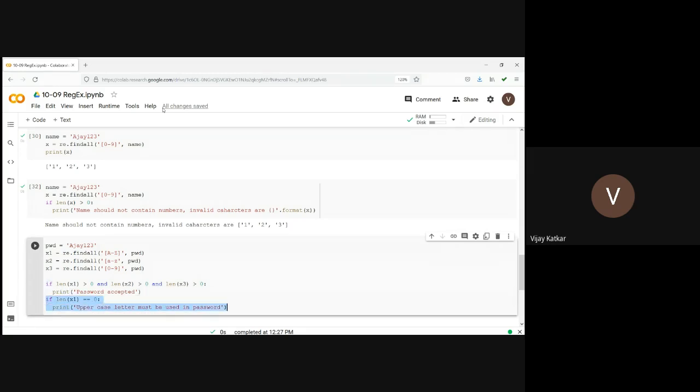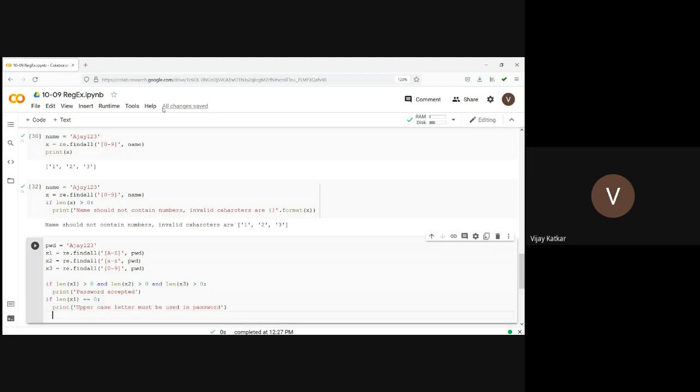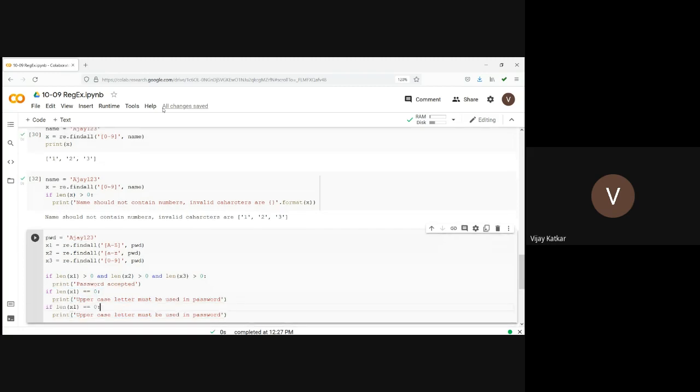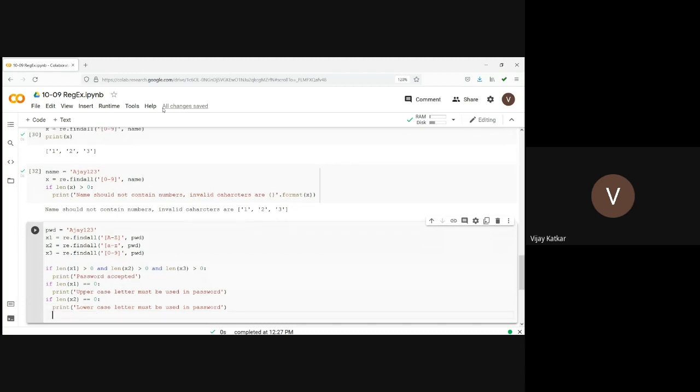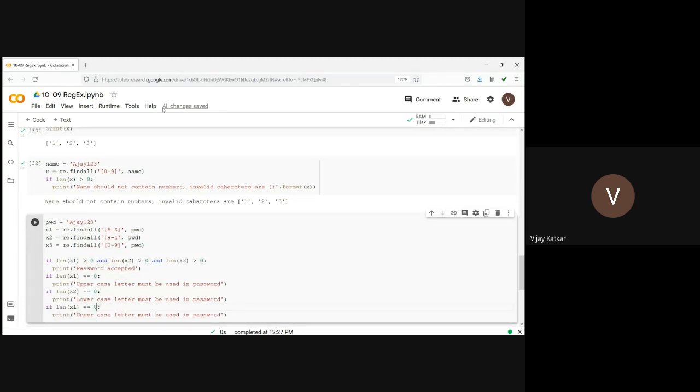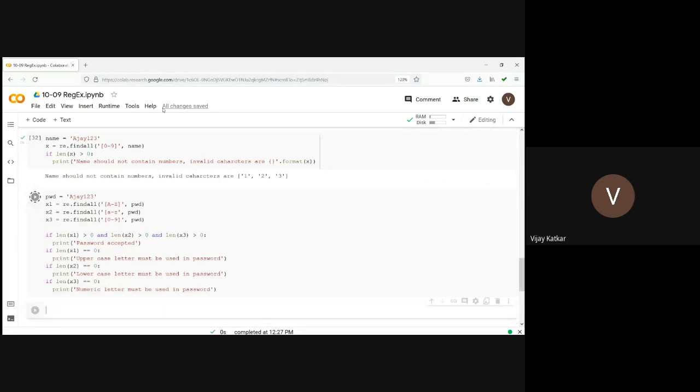If the length of x1 is 0 means uppercase letter is not used. Similarly, if the length of x2 is 0, then lowercase letter is missing, so lowercase letter must be used in password. And similarly, we can go for the length of x3. If it is 0, numeric letter must be used in password.